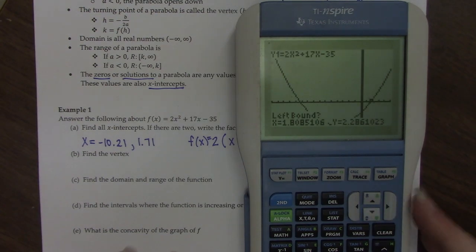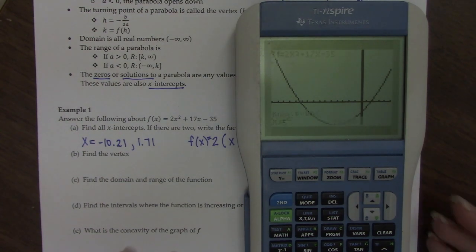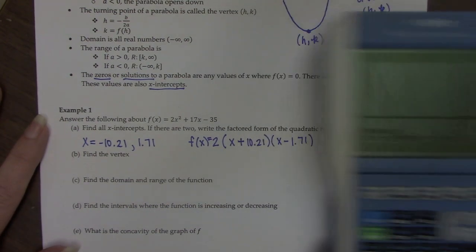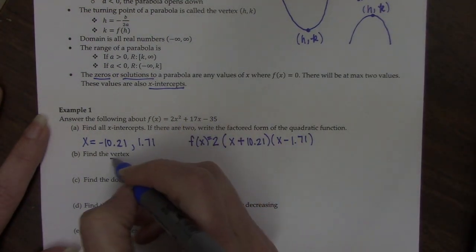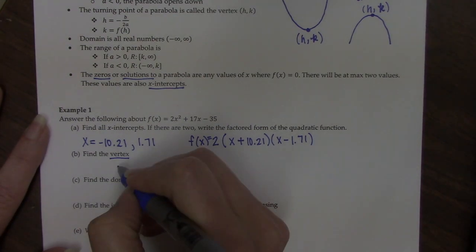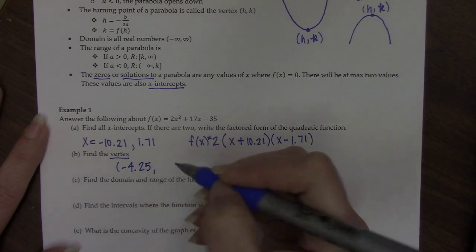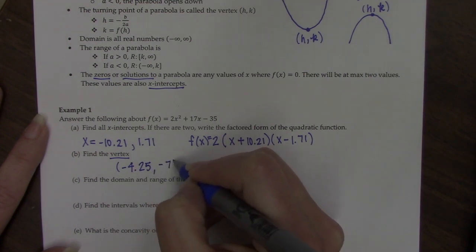So once again, I have to put bounds. So I'm just going to pick the bounds of my window. I'm going to check it from -15 all the way over to 5. And then it asks me to guess, or it says it'll guess for me. And I get that the minimum is at -4.25. So for the vertex, it's typically implied that we want the full point. So it was -4.25, and its y-coordinate was